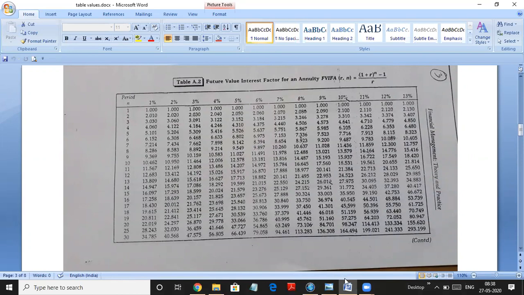So we take that 6.353 here. Now this is multiplication. If I take it to that side, it will become division. So 20 lakh divided by 6.353. Annuity you will get 3,14,812. So that means every year you have to invest 3,14,812 rupees so that you can go and visit the moon after 5 years and you get 20 lakh rupees after 5 years.